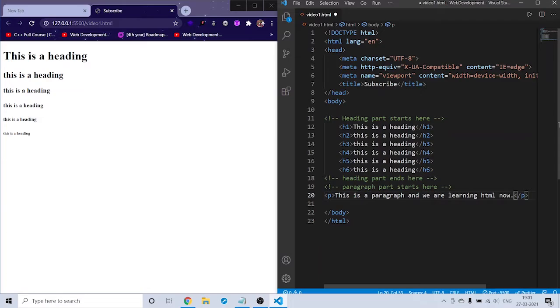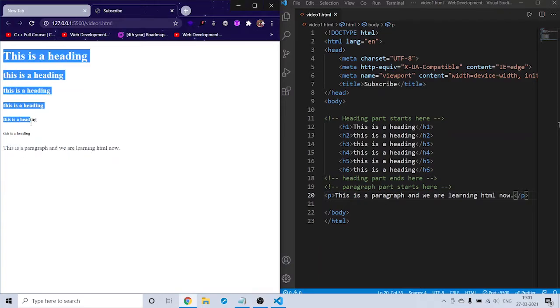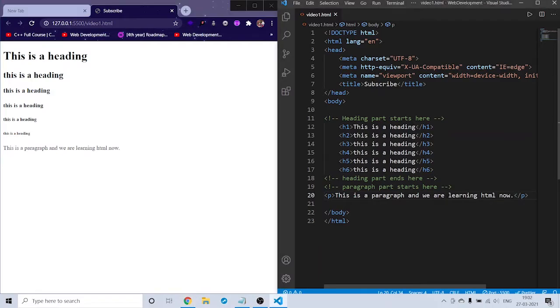And when I save this, we got a paragraph, and you can see this is not that bold compared to this, because these are headings and this is a normal paragraph. But for example, if you want 3 to 4 spaces here, if you give these many spaces and when you hit save, you won't see any change here. Okay, if you go into the next line and hit save, you won't be able to see the changes here, because space and line breaks are not given in this way in HTML.